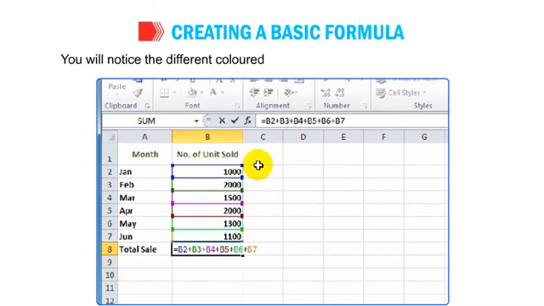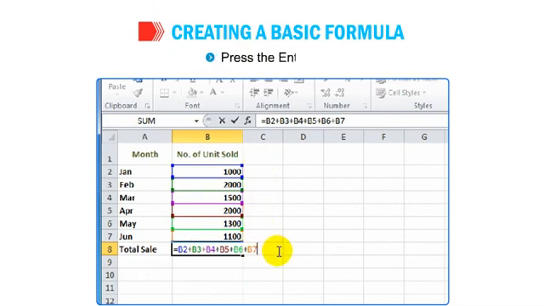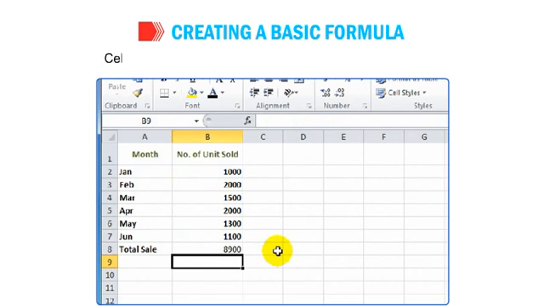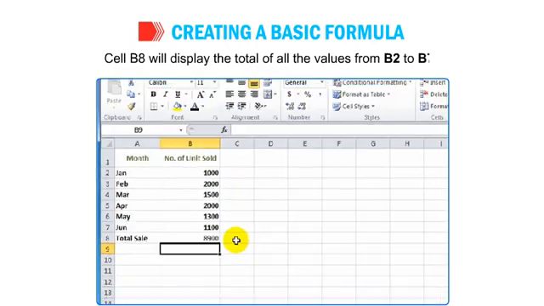You will notice the different colored borders appearing around these cells. Press the Enter key. Cell B8 will display the total of all the values from B2 to B7. Students, we can copy the formula from the above cell by pressing Ctrl plus apostrophe.